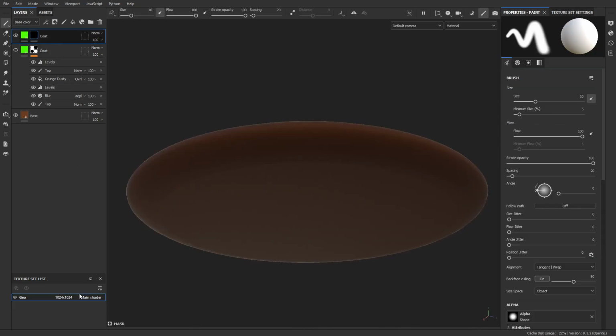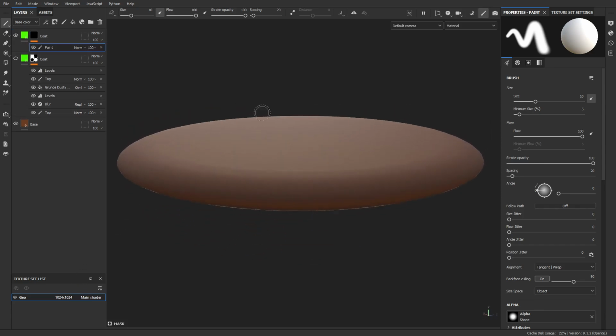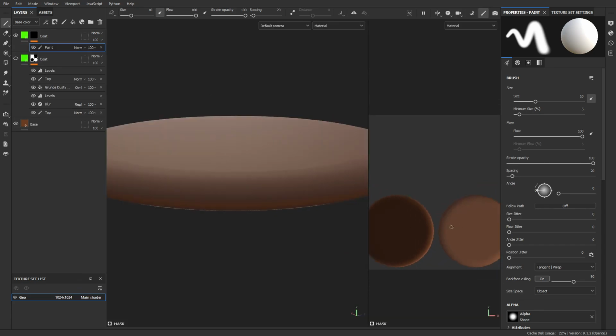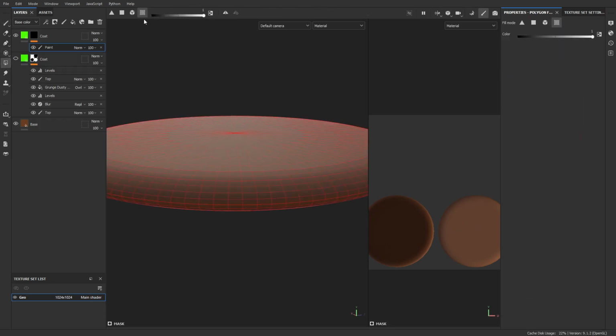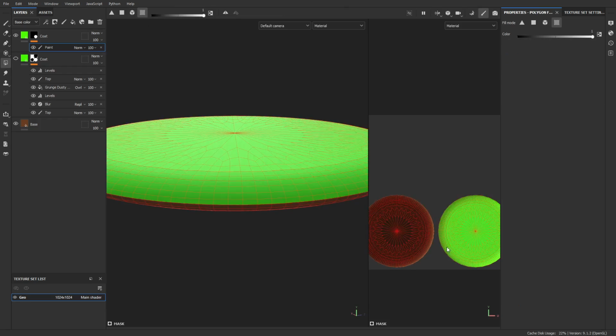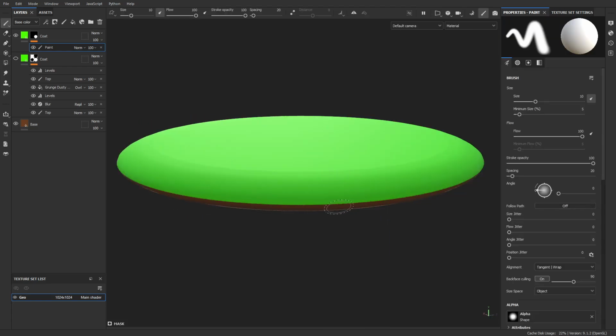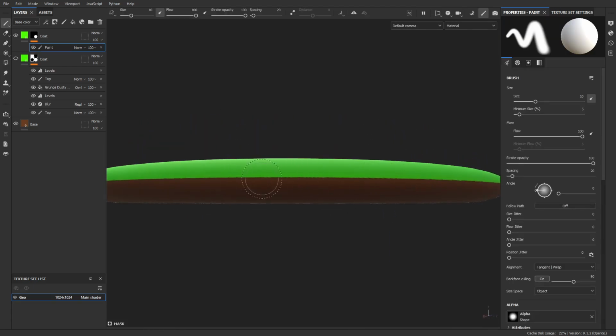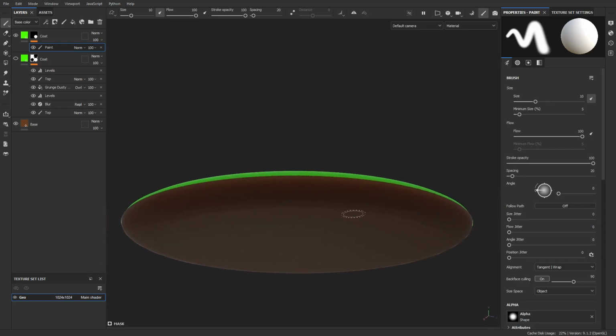And then I add a paint mask, which is going to isolate the top. The way I've set this mesh up, I've got two UV islands, one for the top and one for the bottom, so I can use the polygon fill, selecting by UV chunk, and then just click on the top one. So as we can see, the edge is quite hard, but we want it to be smoothed and using a